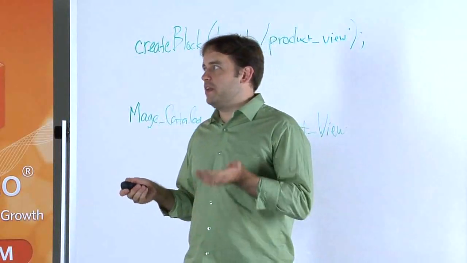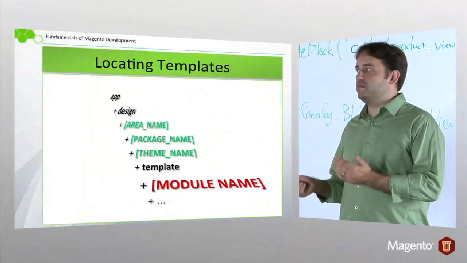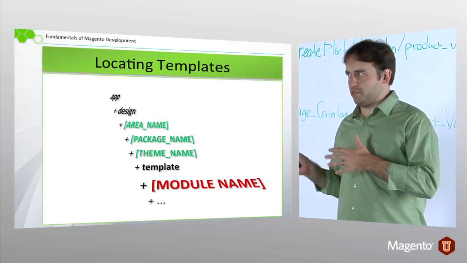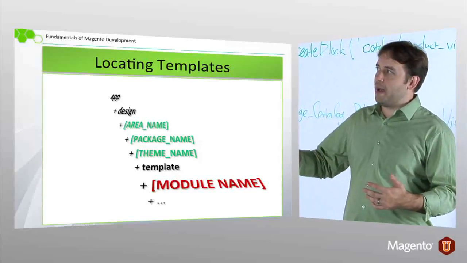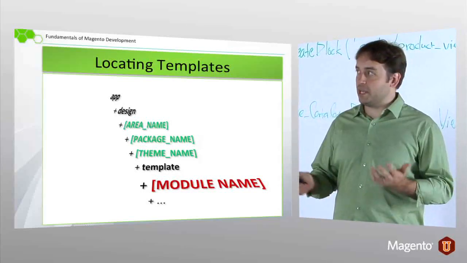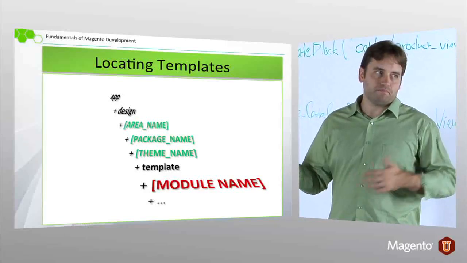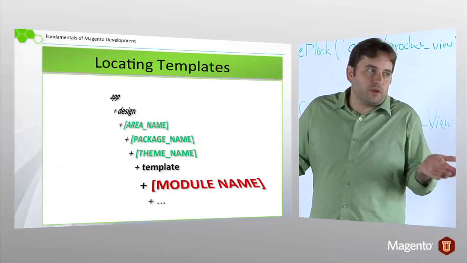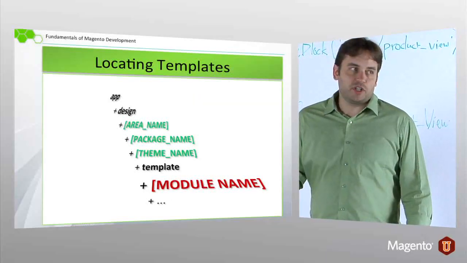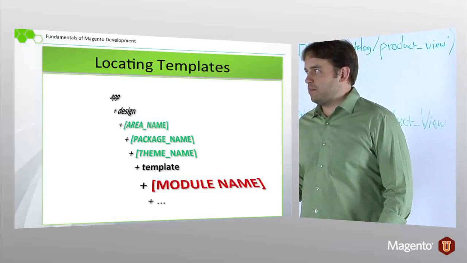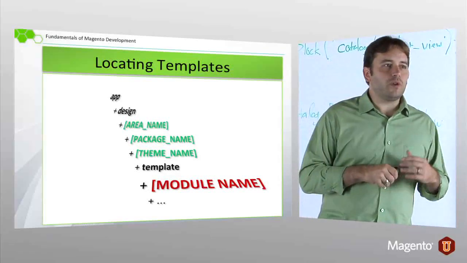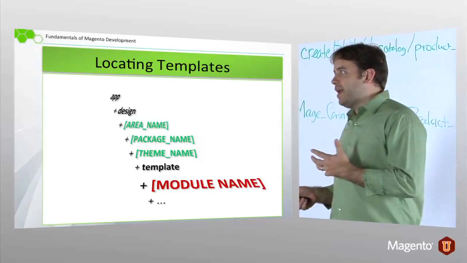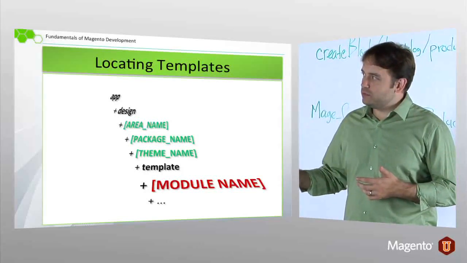App Design, and then an area name, package name, theme name, template folder. I know this is a frustrating hierarchy to remember, but generally if it's a front-end template, so customer-facing, it'll be app design front end. And if it's an admin template, it'll be app design admin HTML. Those are area names, simply. Package names, these are all just folders, ultimately. But package name in Magento is really just a folder specified in the admin, as well as theme. There's a whole other system, the design fallback, so these can be variable,